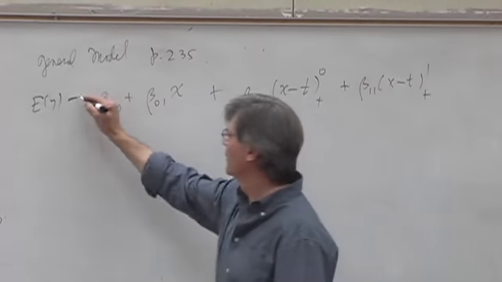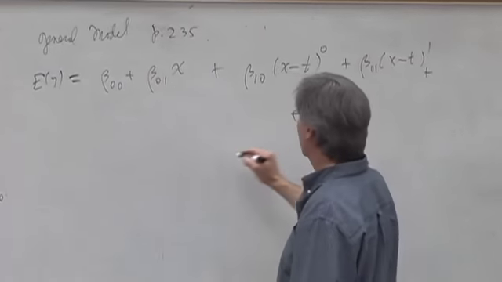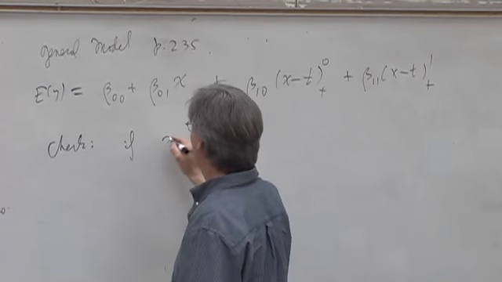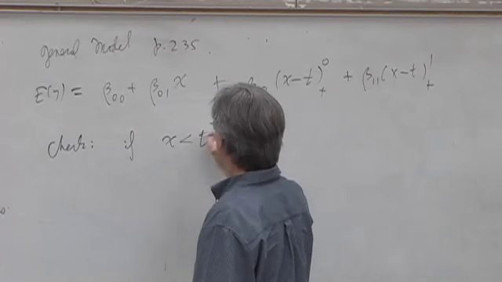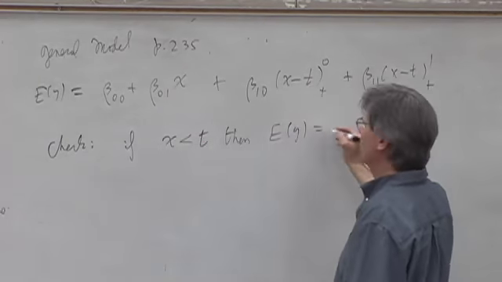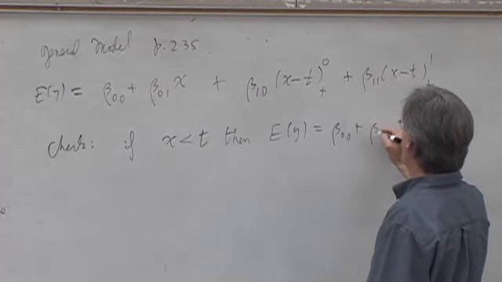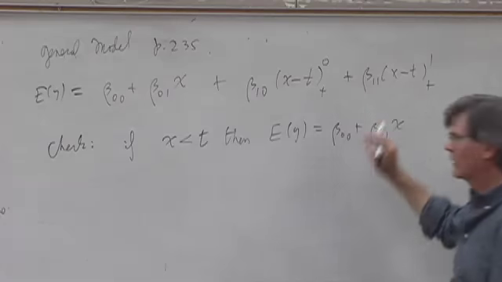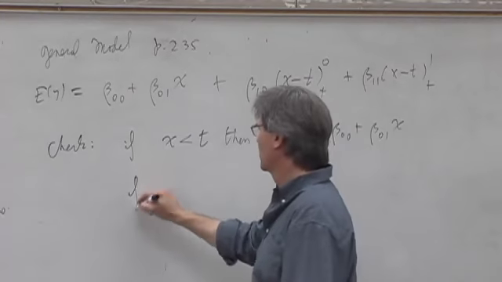How does that work out? If x is less than t, then E Y is equal to beta 0,0 plus beta 0,1 x, and these are both 0. Okay? And if x is greater than or equal to t,